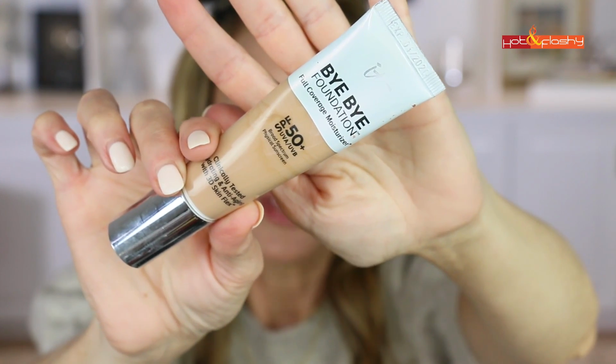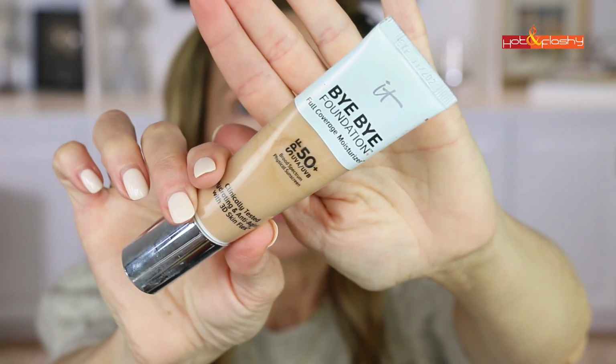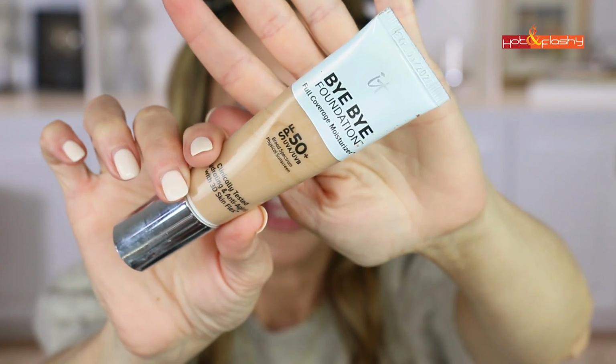So for today's foundation, I'm going to use one of my longtime favorites, and I know this is one of your longtime favorites. It's the IT Cosmetics Bye Bye Foundation. This is very similar to their CC Cream. This is an all mineral SPF 50, and this is going to be the deal of the day on Saturday